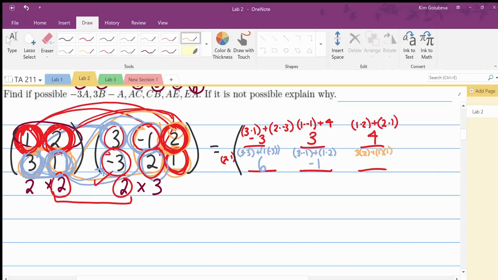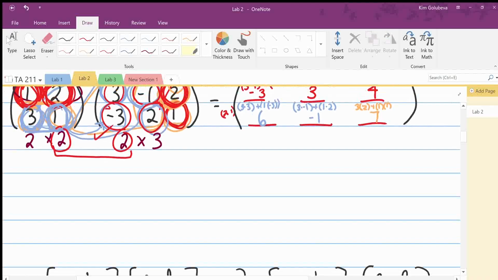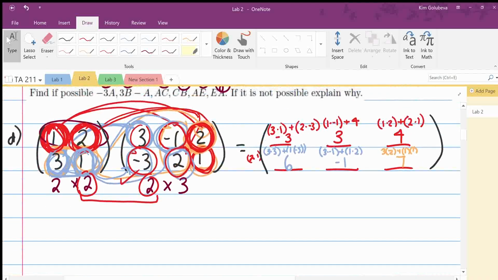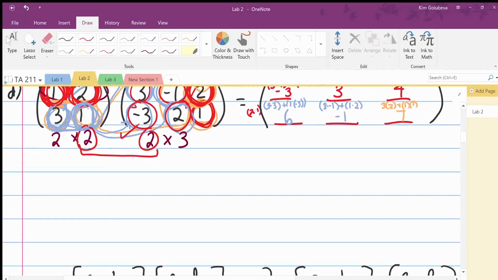Okay, so we end up with 7. Oh, sorry, yeah. So, times 1, so 7. Okay, so essentially for matrix multiplication, what we're doing is